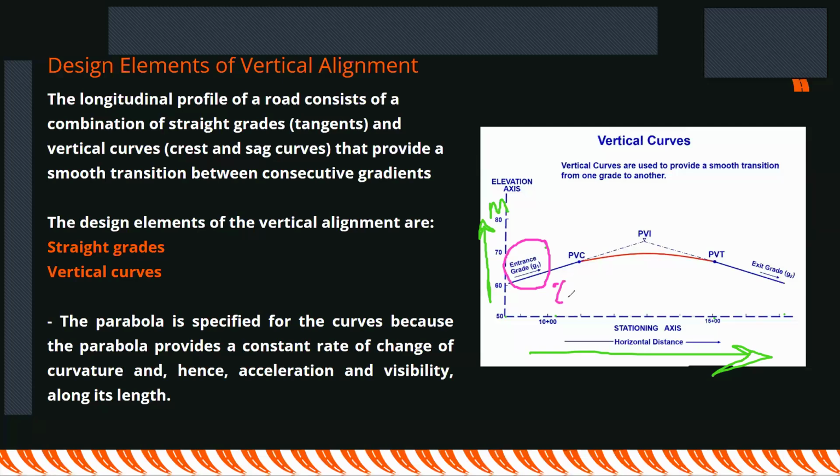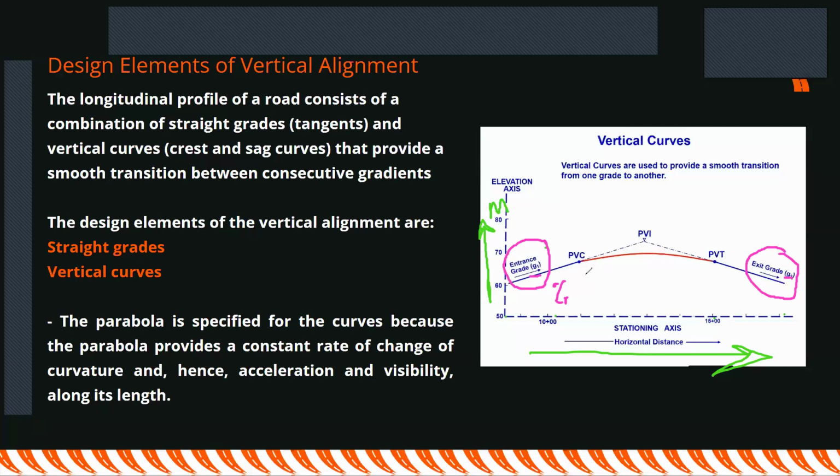the units here are represented in percentages. So we can have a slope of 10%, 15%, 2%, 3%, and all of that. So when we have an entrance gradient into the curve, we also have an exit gradient out of the curve. It is represented by G2, and this one is G1. Remember, when we do calculations of various factors in a vertical curve, we are going to be considering the G1 and G2. You will also notice that these slopes are moving in opposite directions for us to form proper geometry